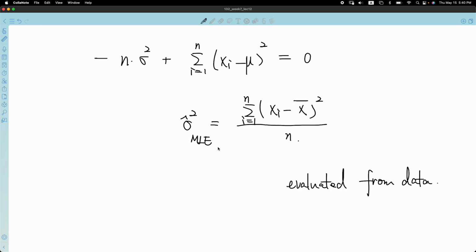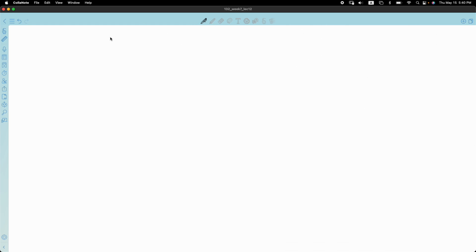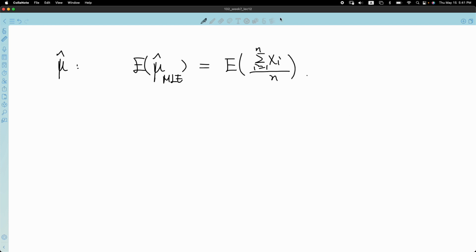Okay, so next, let's check for unbiasedness, and let's work on mu hat first. Checking unbiasedness, we just need to check if the expected value of the mu hat is equal to the true mu. Okay, so now we want to calculate the expectation of the mu hat, and then we plug in our expression for the mu hat. So this is the sum of xi over n. Okay, and then you have the 1 over n as the factor, summation from 1 to n,